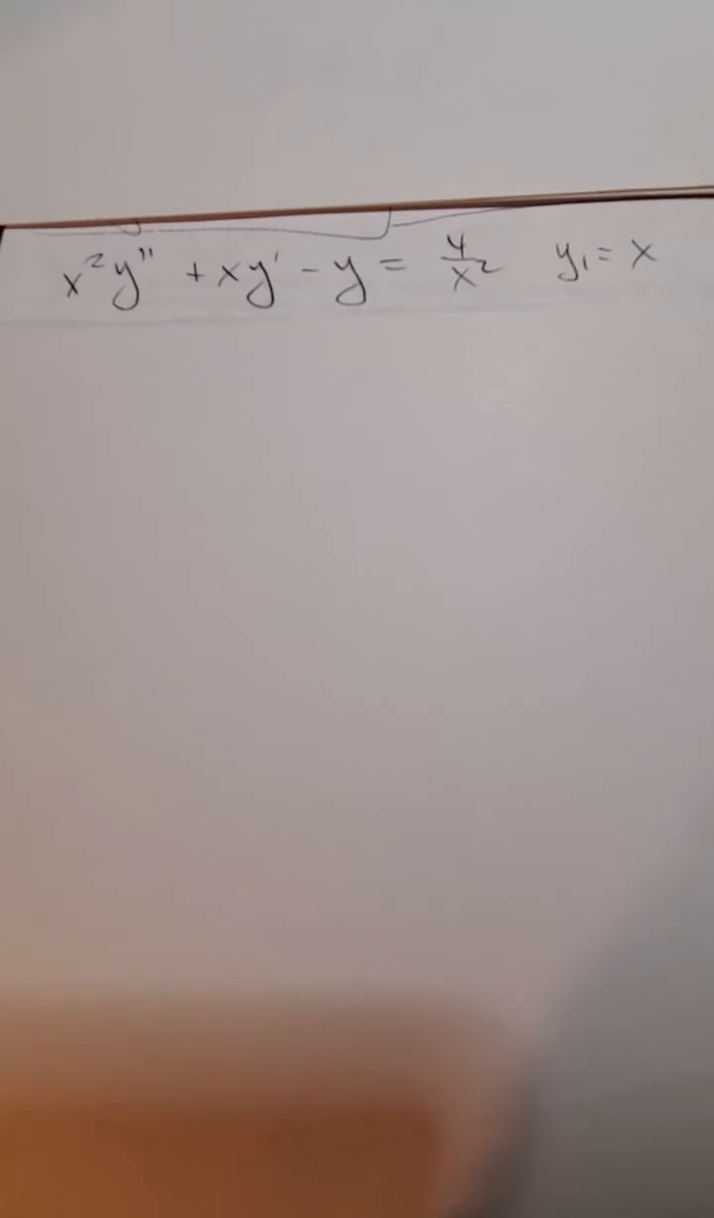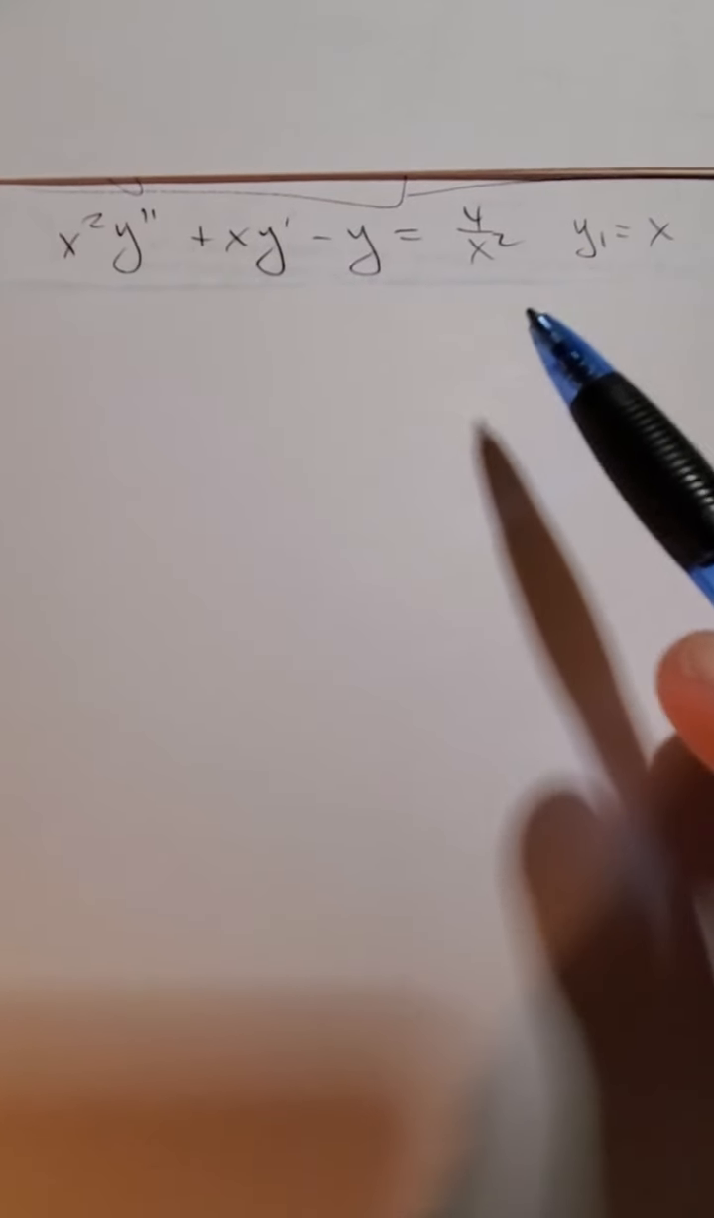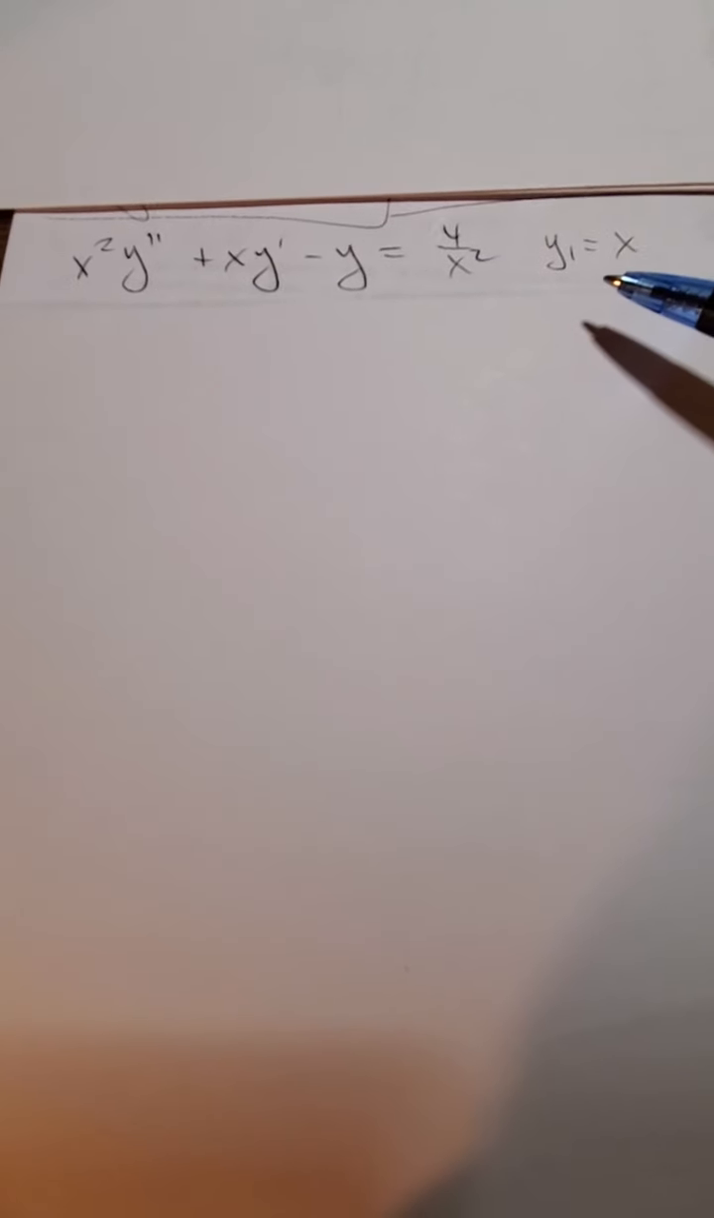Okay, everybody, this is section 2.2, and here's the problem we have. x squared y double prime plus xy prime minus y equals 4 over x squared. We're given that y1 equals x, and y1 is one of the homogeneous solutions. So right away, we're going to say y is equal to u times y1, which is ux, which means that